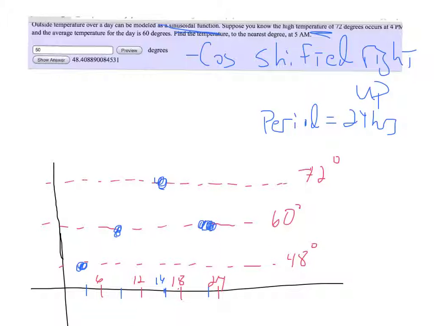But they're telling me there's a shift going on here. They're telling me that the high temperature happens at 4 p.m. Well, 4 p.m. is 2 hours to the left of 6 p.m. and I know that's the high temperature. So I marked it 16 just for myself, for my reference point. Then I